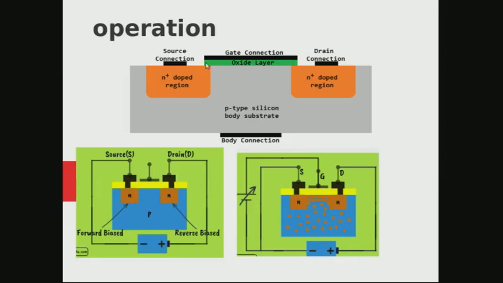We connect the source terminal and drain terminal to these n regions respectively, after which the entire surface is coated with silicon dioxide, which acts as an insulator, and over it we place a thin metallic plate that acts as a gate contact to the substrate, to which the gate terminal is connected.